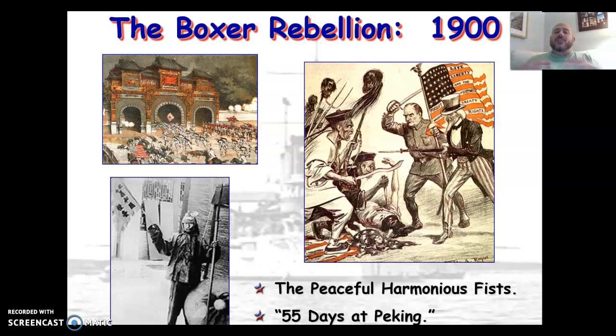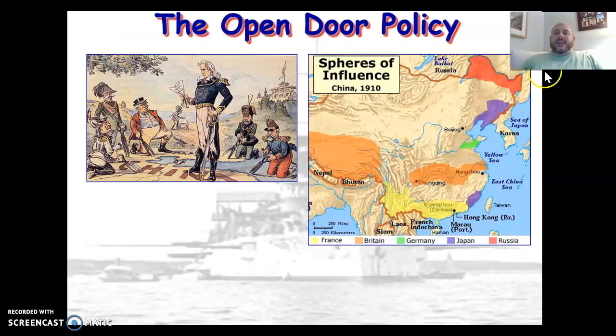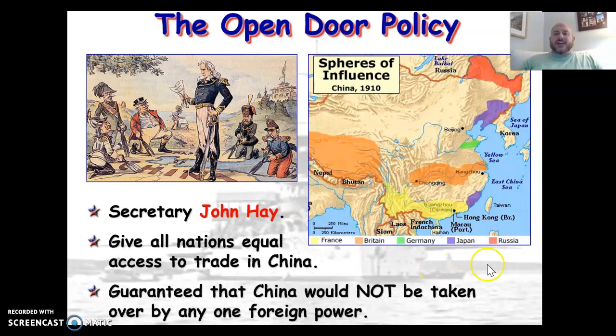So you're going to see a coalition brought together of French, British, German, and also American troops heading to China in 1900 to put down the rebellion, which they will. This is only going to add to future resentment by the Chinese people towards the excesses of capitalism and the influences of foreigners. To some degree, it's not a surprise that China, in less than 50 years afterwards, becomes a communist nation. But anyhow, in the meantime, as these foreign powers are holding on to their spheres of influence, John Hay,